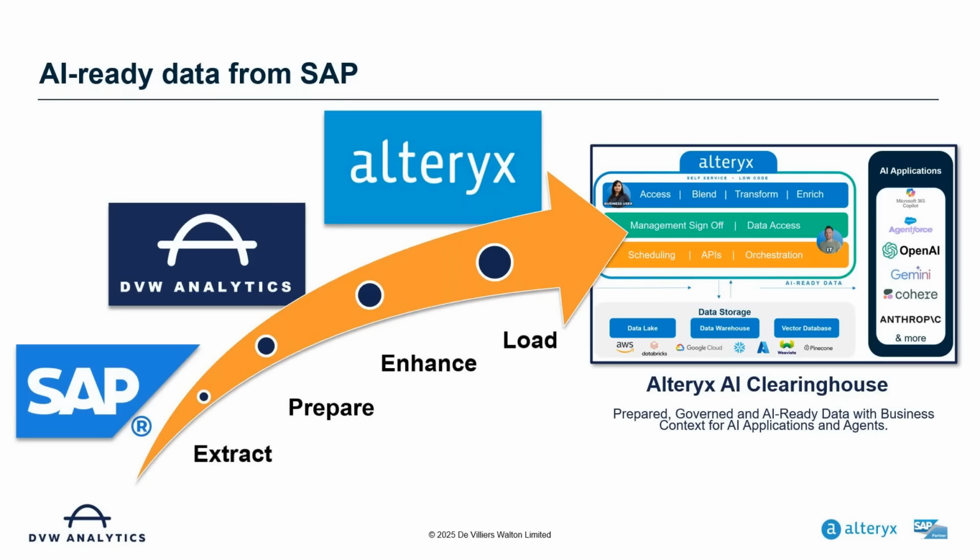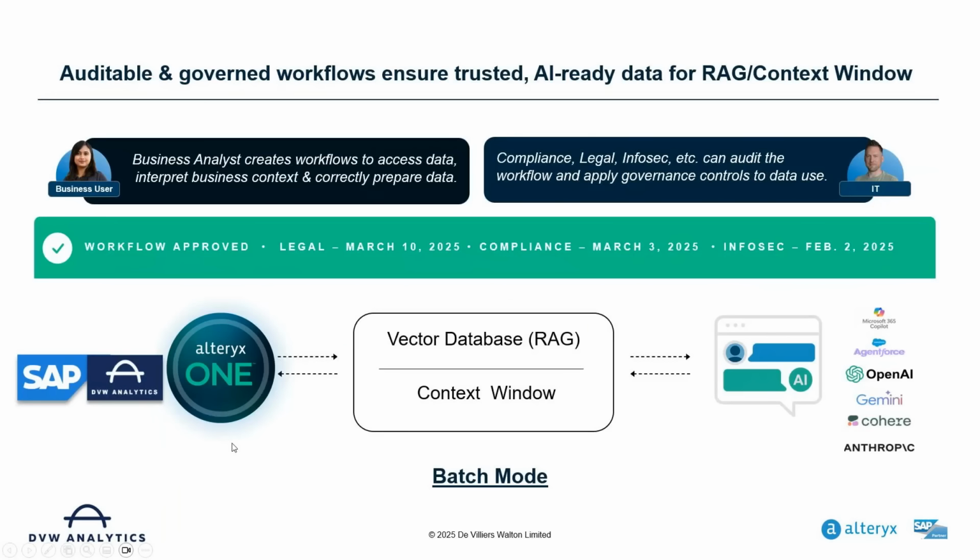With respect to how that is then consumed, there are two main patterns which we see. The first one is essentially getting the data from SAP, as you can see on the left-hand side, using the DVW connectors, getting it into Alteryx One, and then doing the processing, the cleanup of the data, and applying the business rules, and then loading it into the vector database, which usually forms part of the RAG pipeline. For loading it into the vector database, you need to do things like chunking and having